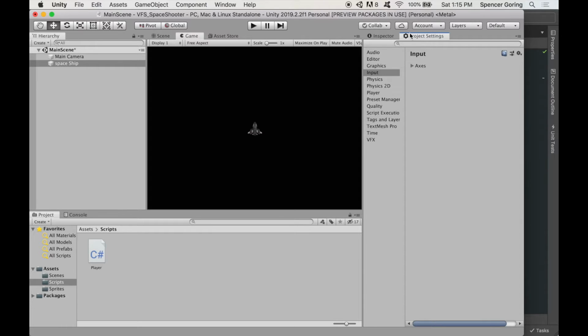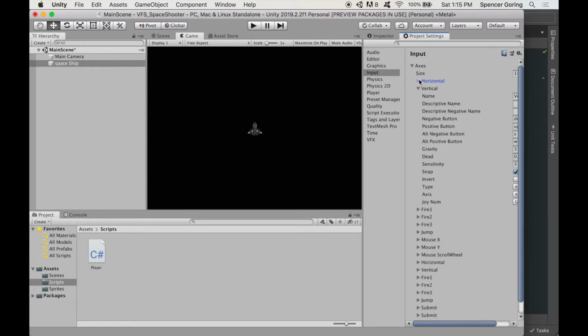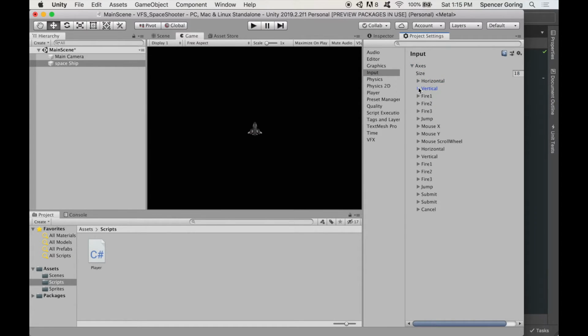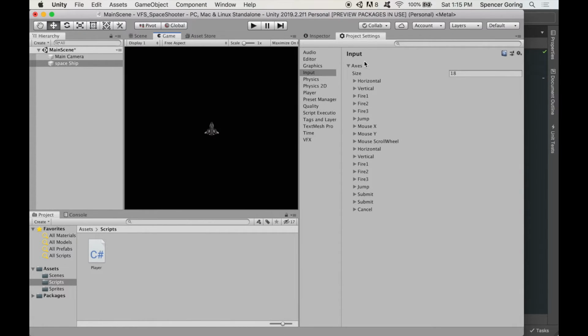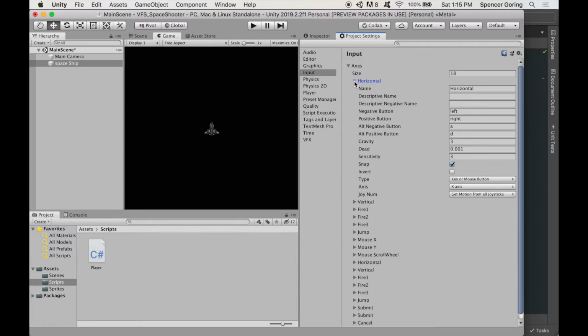You go to the Input section. There's a section called Axes. If you open that up, maybe drag it over to the side a little bit, there's a horizontal axis. So if we open that up,